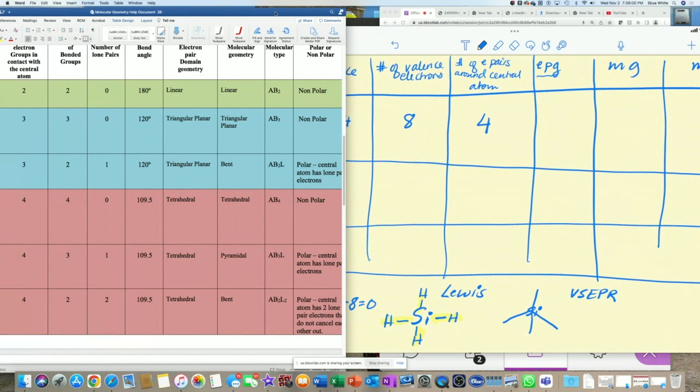Now remember, the electron pairs are repelling each other to move us from Lewis's structure, where all the bonds are horizontal or vertical, into geometric-like structures. And this is based on the VSEPR model. So here, this is where we get the tetrahedral structure. Based on us having four surrounding groups, we end up with tetrahedral geometry. And since all four groups are bonded groups and we have no lone pair, the molecular geometry or the shape is also tetrahedral. So right here, tetrahedral, and then tetrahedral here too,